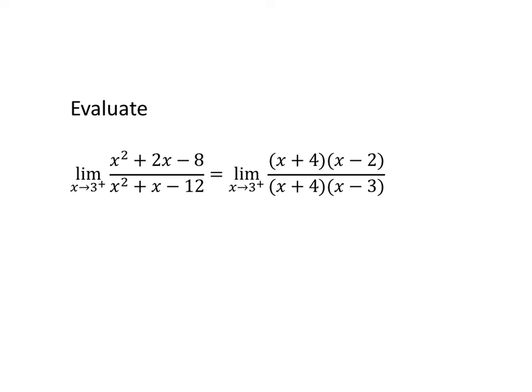All right, so now let's look at a slight variation of that. The same function, but now we're going to have x approaching 3 from the positive side. Again, I can factor the top and the bottom. But now we're approaching 3 from the positive side. So it's going to get really, really close to 3. So the top is going to be